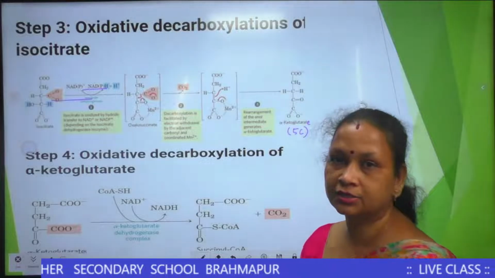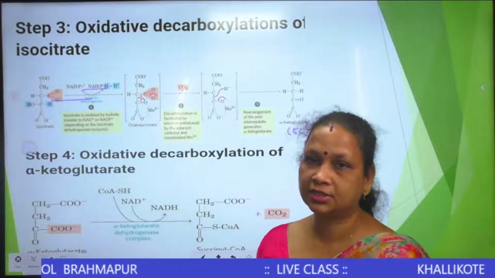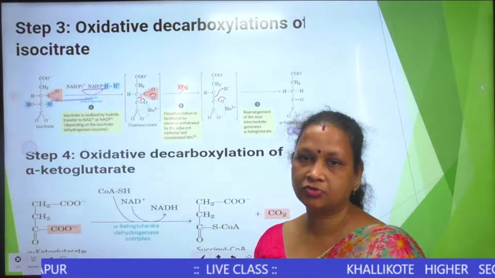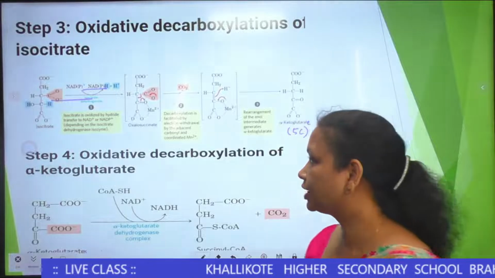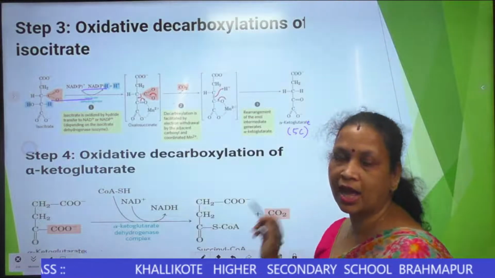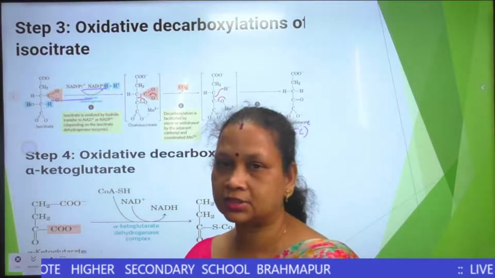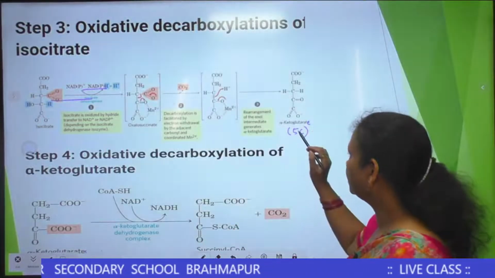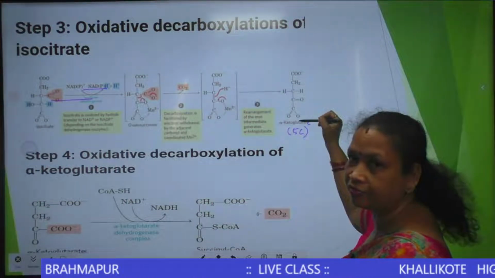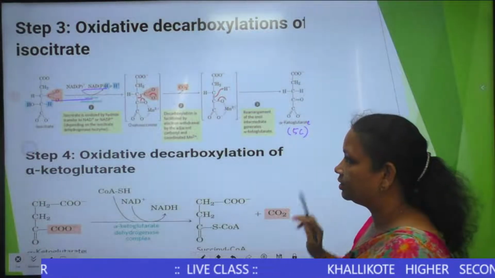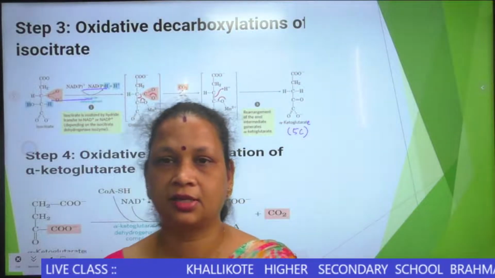This alpha ketoglutarate is also an important compound. In many cases, it is utilized for the formation of the amino acid glutamine. So, the Krebs cycle will also provide alpha ketoglutarate for the synthesis of glutamine in the cell. Alpha ketoglutarate here is a 5 carbon compound. The next process, or the fourth step of the TCA cycle, is again